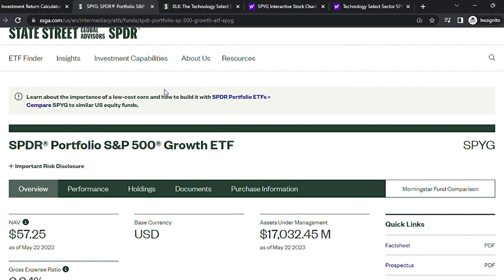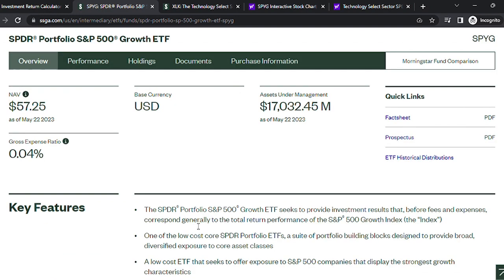The 2 funds we're going to use to achieve our 50,000 goal in 5 years are, the first one is the SPDR Portfolio S&P 500 Growth ETF, which is called SPYG. This fund tracks the S&P 500 Growth Index and has one of the lowest management fees. As you can see from here, it's only